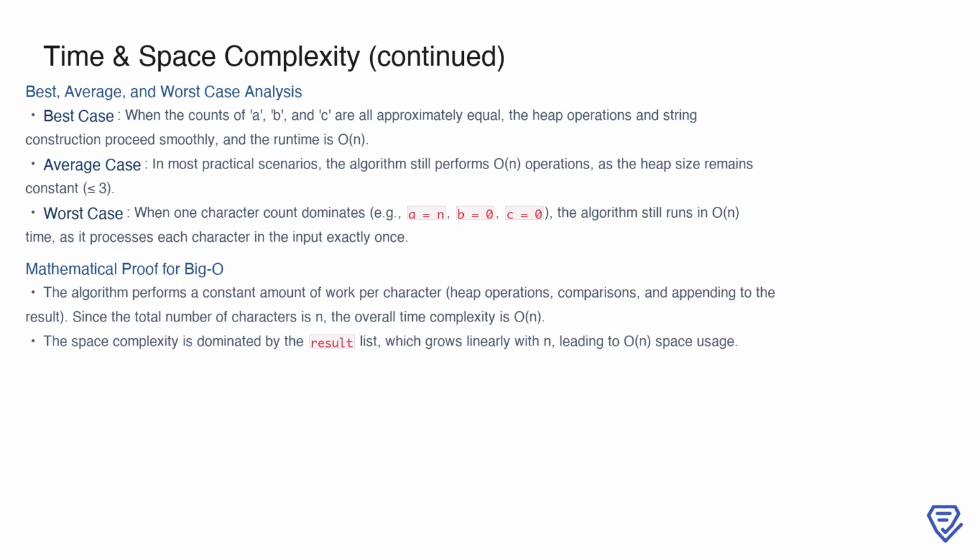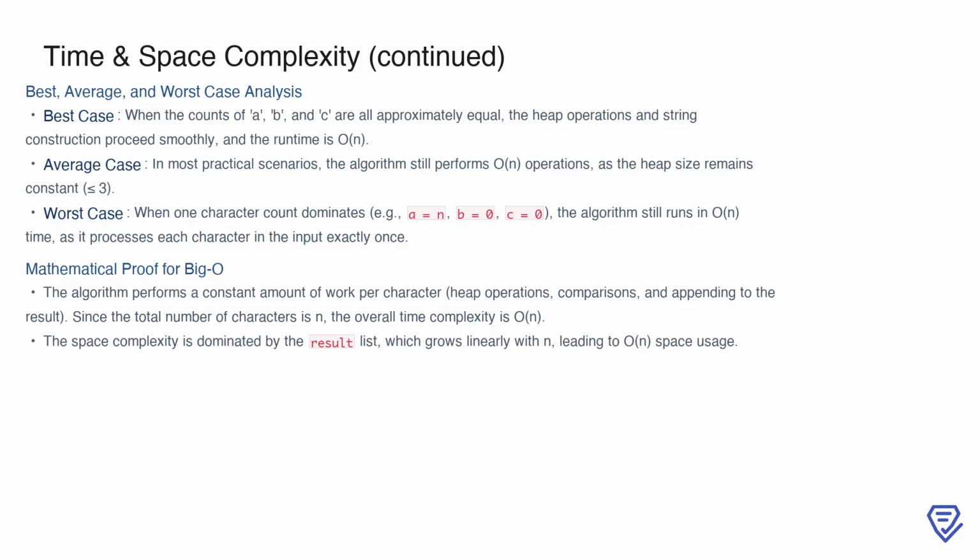In the best case, the counts of A, B, and C are roughly equal. This ensures that heap operations and string construction proceed smoothly, resulting in a runtime of O(n). In the average case, which represents most practical scenarios, the algorithm still performs O(n) operations. This is because the heap size remains constant at 3, ensuring that each heap operation continues to run in constant